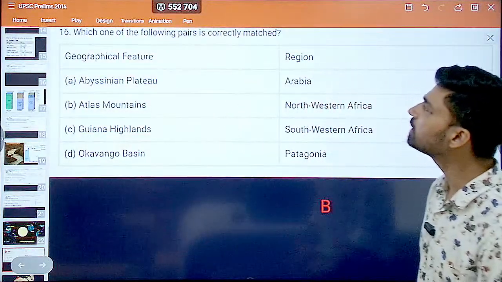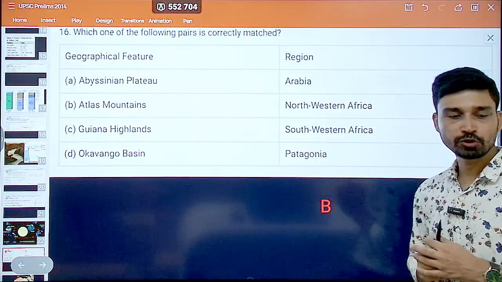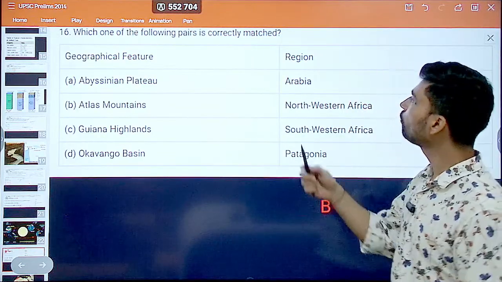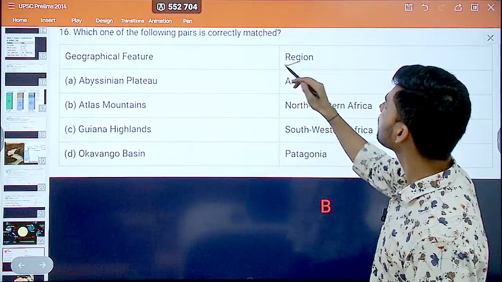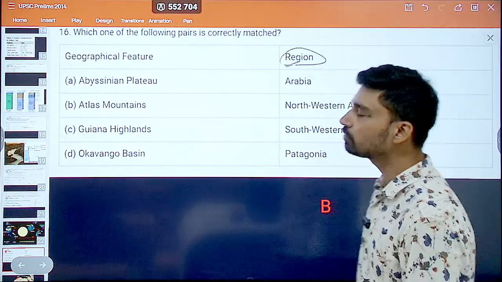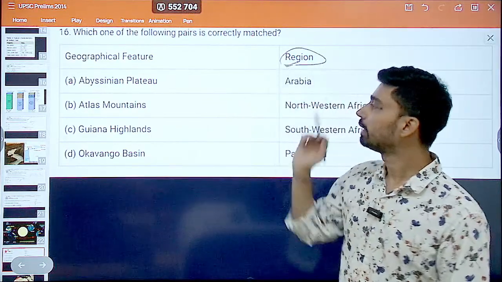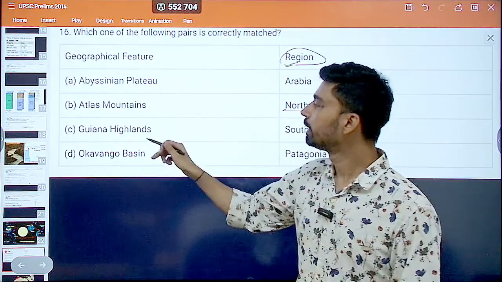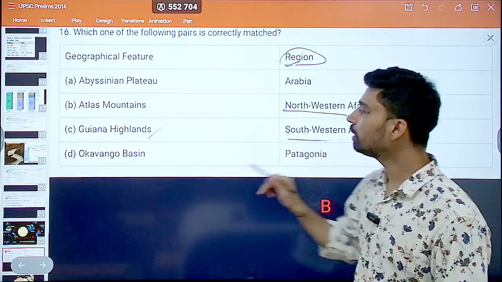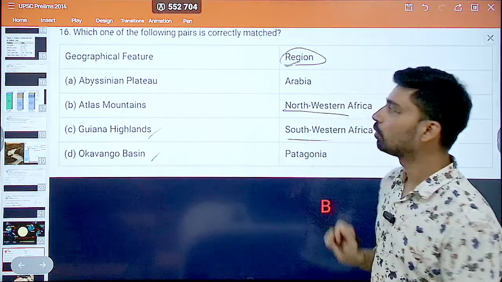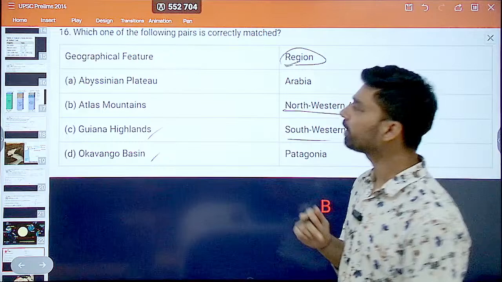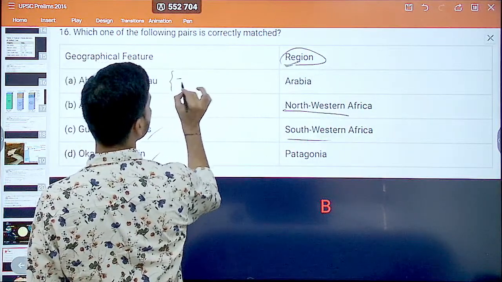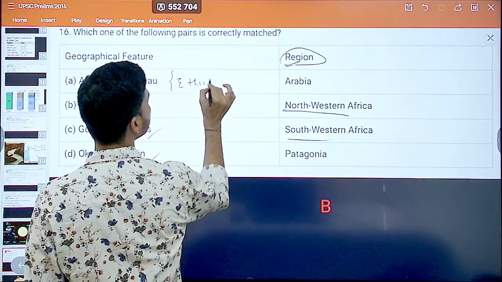The next question is again match the following questions, where different geographical features have been asked and you have to find out which of these are correctly matched with the region here. So, first is Abyssinian Plateau in Arabia, Atlas Mountains in Northwest Africa, Guinea Highlands in Southwest Africa, Okavango Basin in Patagonia. So, if we try to discuss one by one, Abyssinia is actually the ancient name of a country that